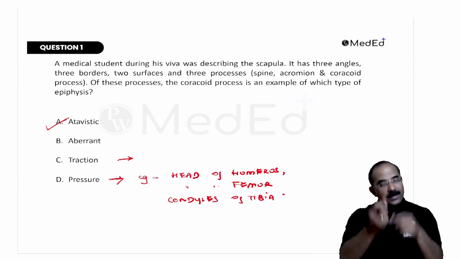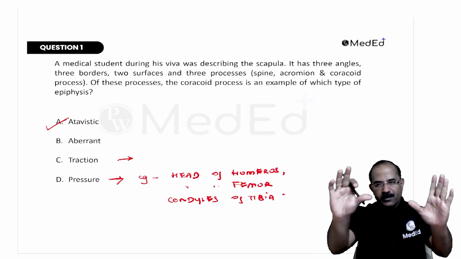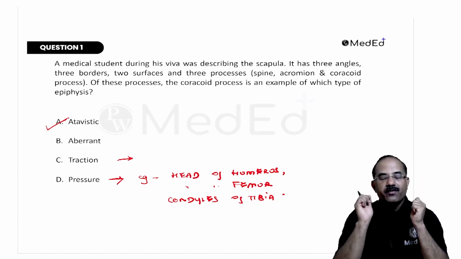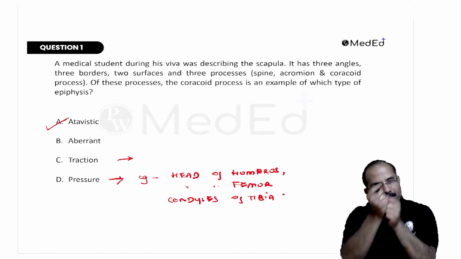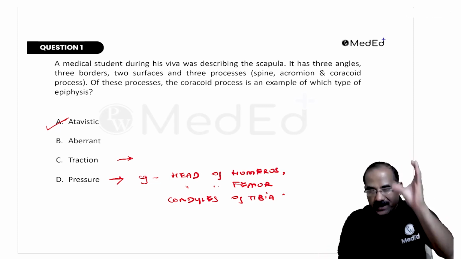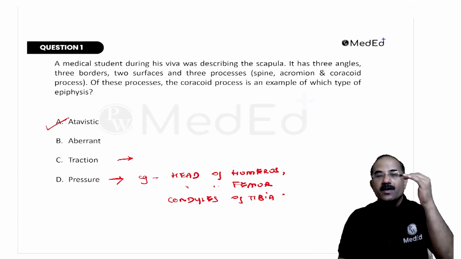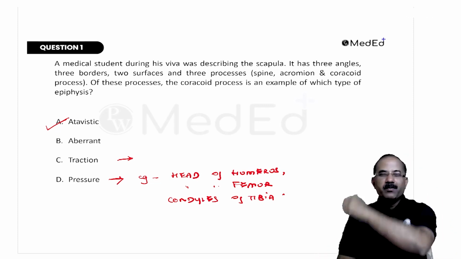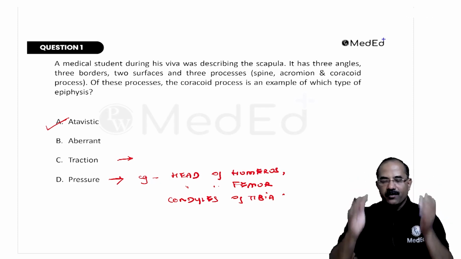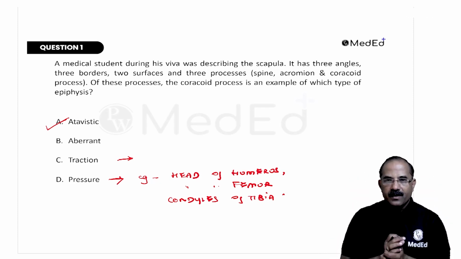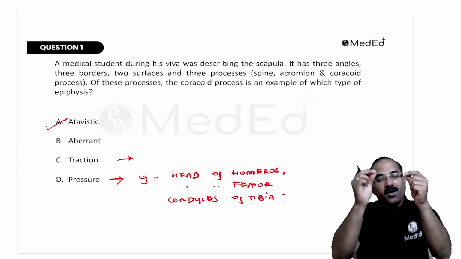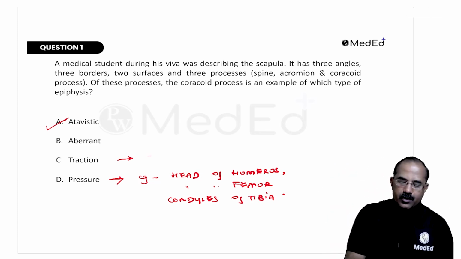So what is traction epiphysis? Pressure epiphysis is clear. So what is traction epiphysis? The epiphysis formed due to pull of the muscles. That is traction of the muscles, and that is what we call traction epiphysis. Can anyone tell me an example of traction epiphysis? The elevations that we get on the bone, all the elevations. What is that? Tubercles